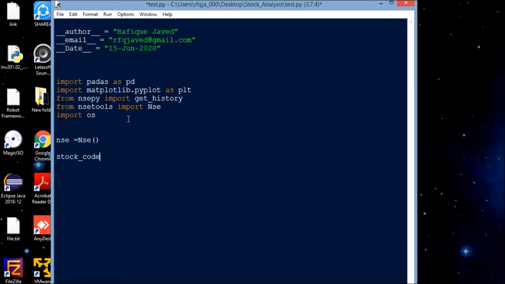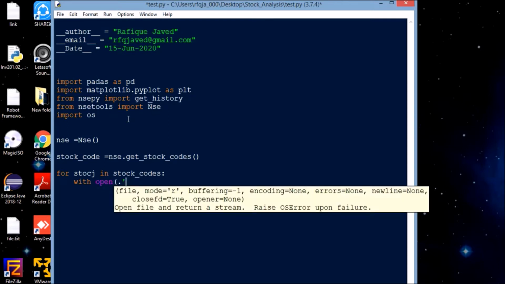Stock codes equal to nse.get_stock_codes. This particular command will get the stock code names. Now for stock in stock codes, with open stockcode.txt